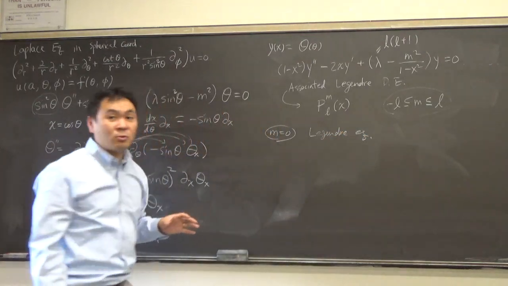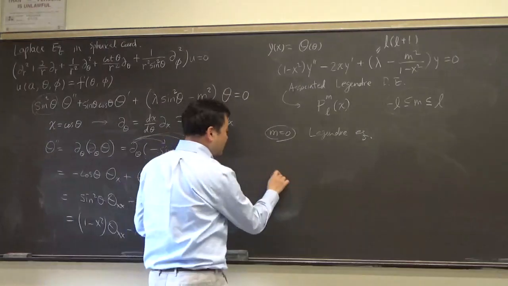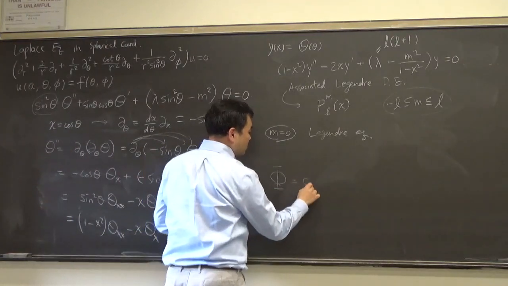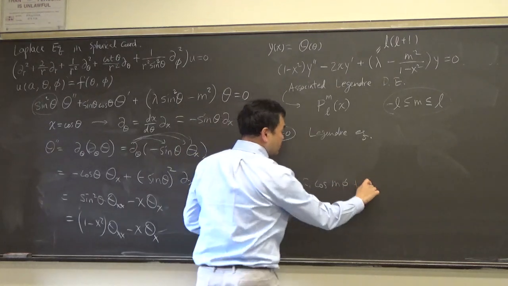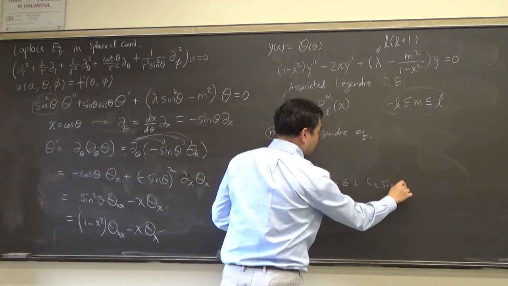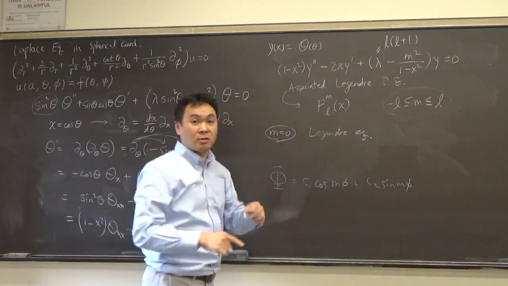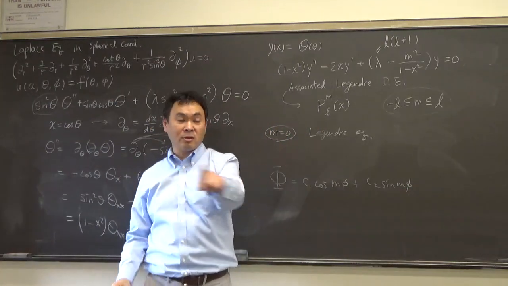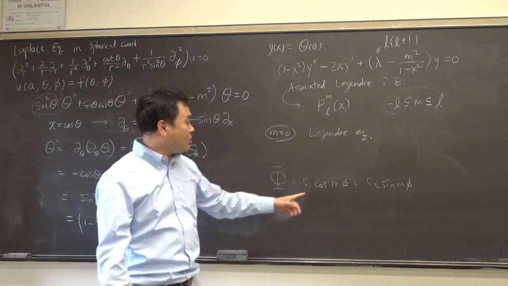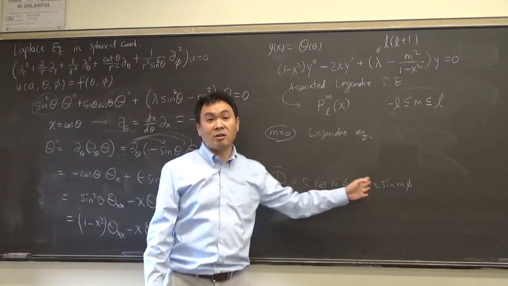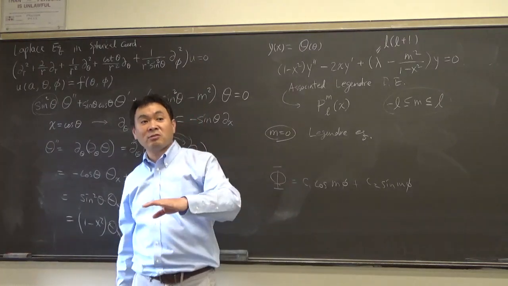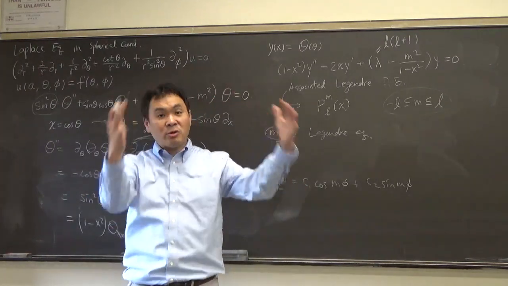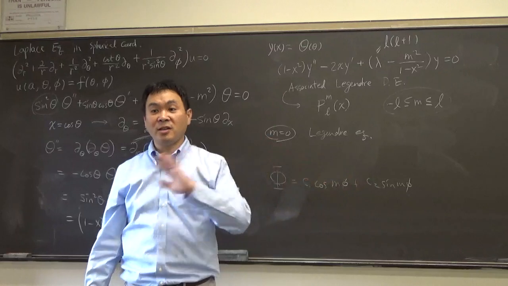And if you recall, phi was C1 cosine m phi plus C2 sine m phi, right? That in the radial direction, this direction. And if m is 0, what does that mean? That means this is a constant, right? So what that means is if you solve Laplace equation where the boundary condition doesn't depend on phi, if it